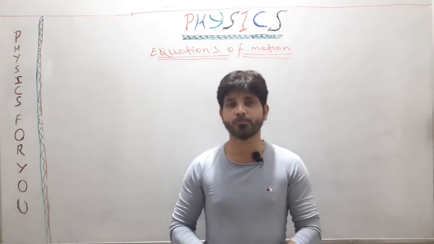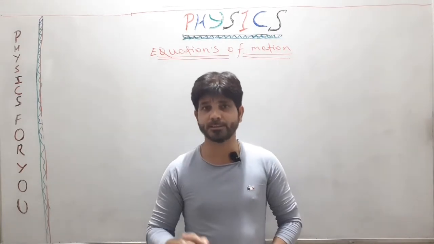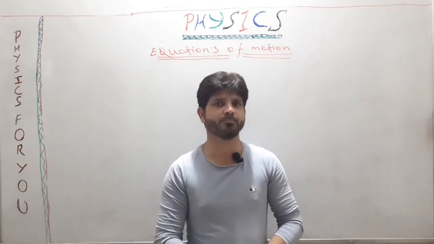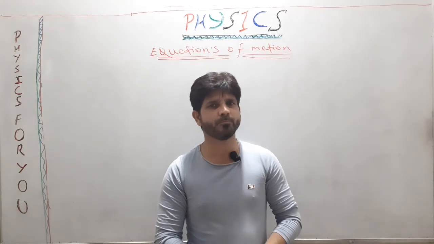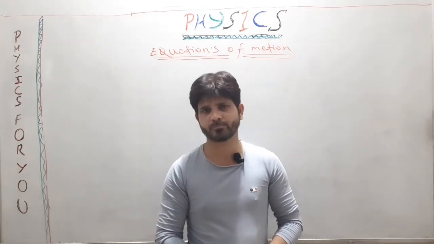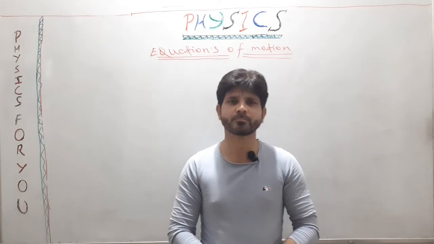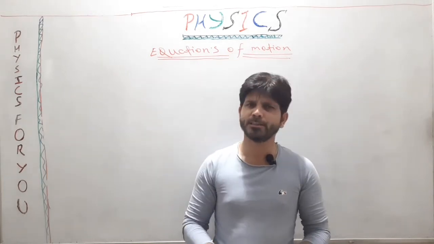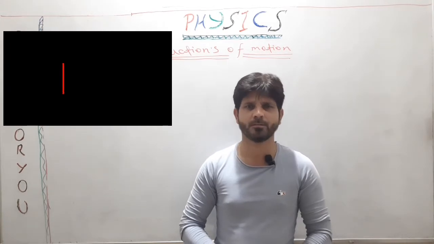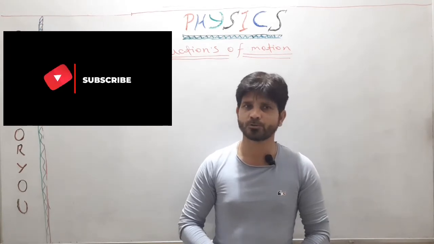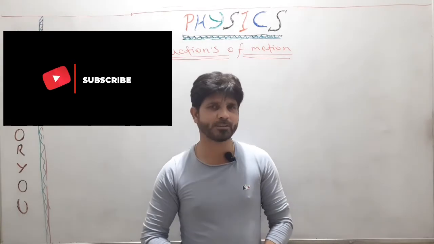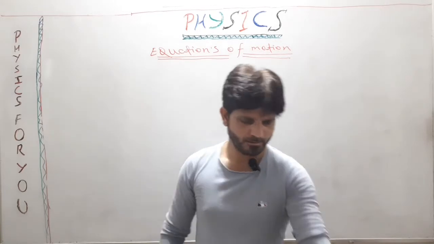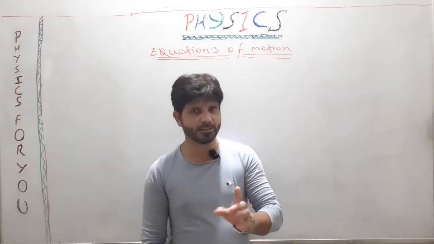body. If the motion is along a straight line, then the distance covered by a body and the displacement of the body in a given time is the same. So we have three relations among these quantities: displacement, velocity, time and acceleration, named as the equations of motion. So today we are going to derive the formulas for the equations of motion along a straight line, and be with me till the end of the class.